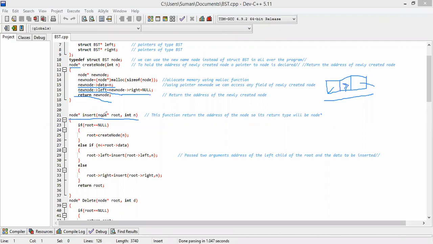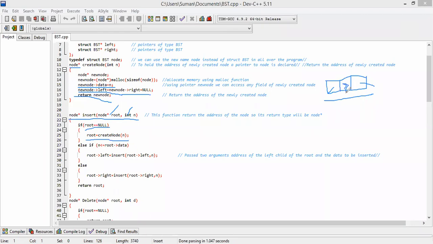Now it is the insert method, and in this insert method, two parameters are passed: the address of the root node and the data that is to be inserted in the tree. So what condition will it check? It will check if root equal to null. That means our tree is empty. Then root equal to create node n means the newly created node will become the root node.